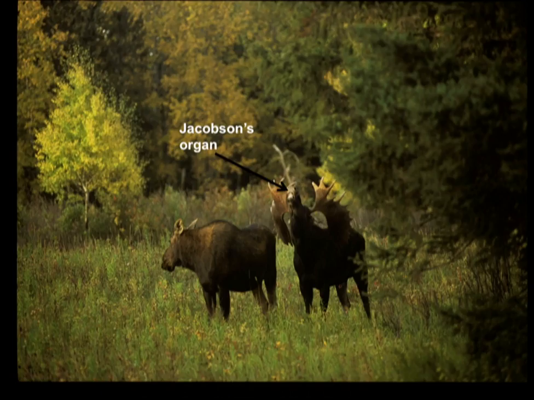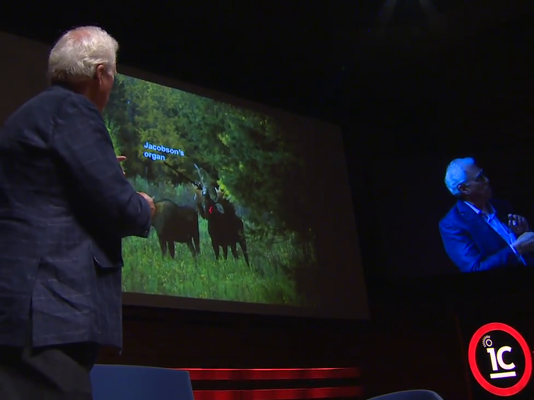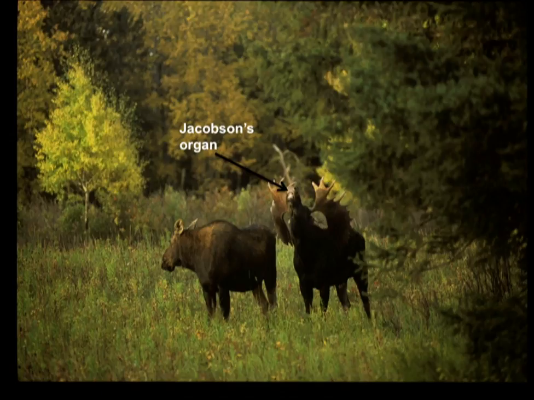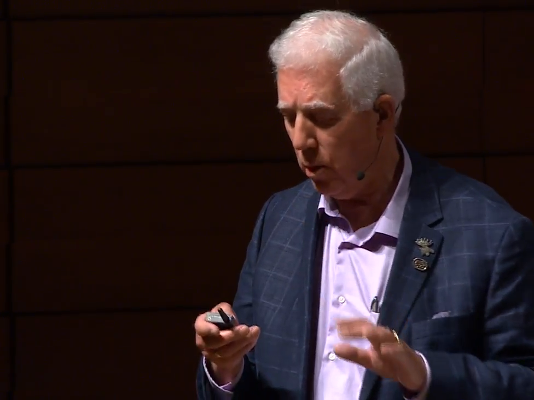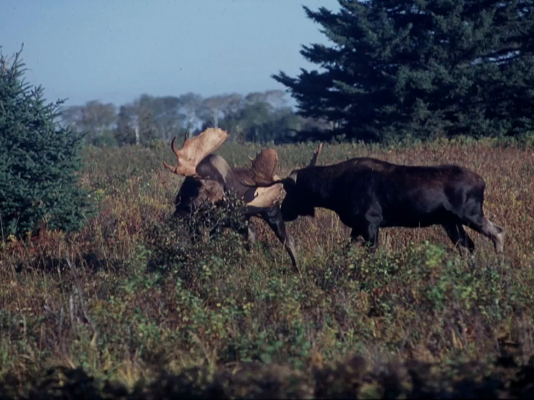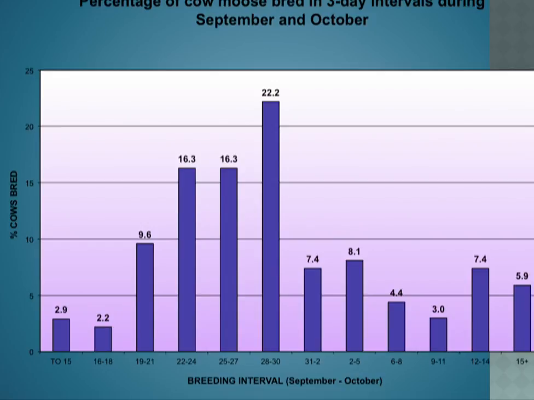And bull moose, they don't have any teeth on the front at all, but what they have on the top of the front of the jaw is two little wee organs there. And what this bull is doing, and you've probably seen it on cattle, he's sniffing at the rear end of the cow to take in those odors to see if she is receptive. And once she is receptive, then breeding will take place. And of course, sometimes you'll have two bulls of the same social rank, and the end result of this sometimes is animals that have locked antlers and end up dying.